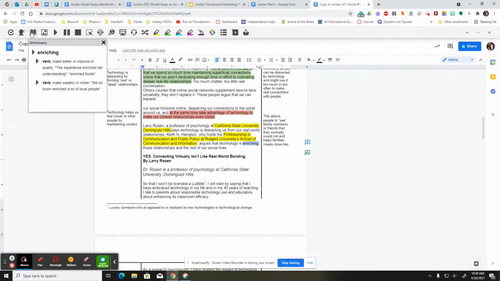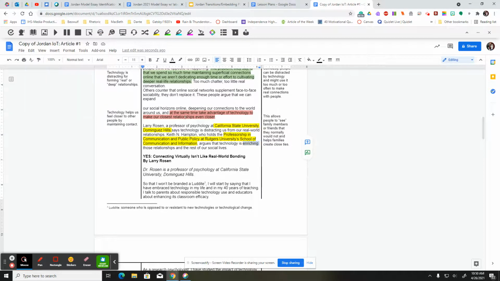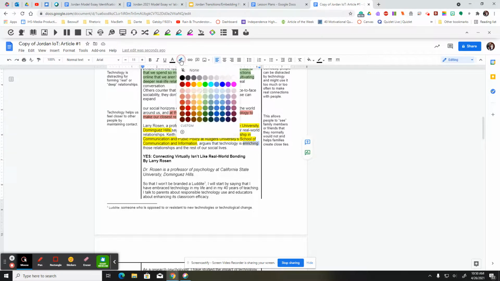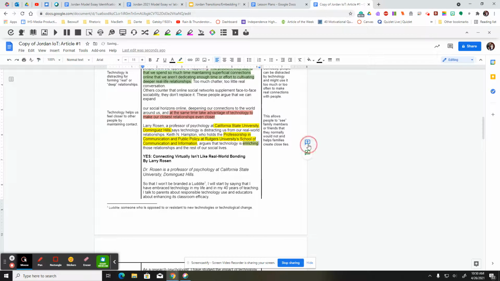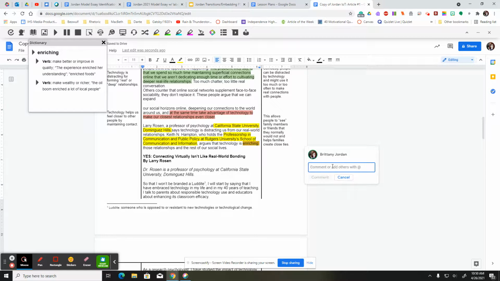It gives you the dictionary up here, or you can just go to dictionary.com, okay, and make sure that we are also making our comments here about vocabulary and putting that in. So I'm going to define that word for you. Okay, let me actually make my, oh, that'll work, different color.